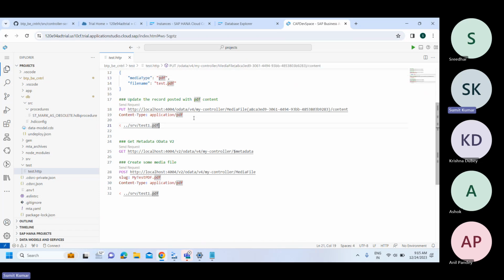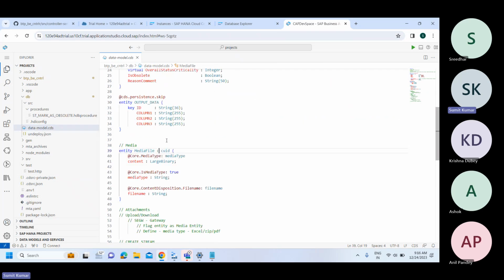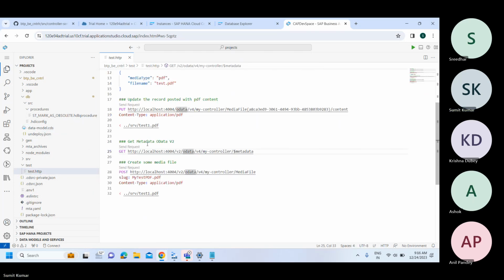The basics, if you try to reiterate: all I need to do is annotate my simple entity with some sort of media annotation. Working mechanism wise, it requires two calls handling, I can say one POST, one PUT. Even if you go via a single call, internally it is generating two different backend calls. So this is something you should be quite clear about, because this basics is something that you will need